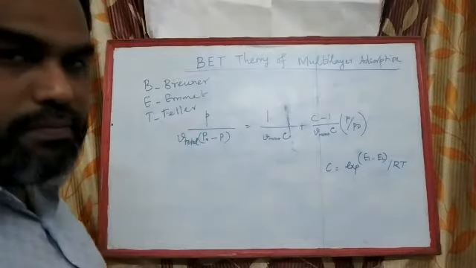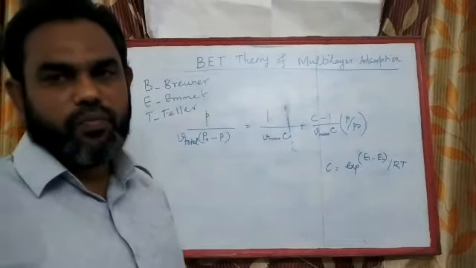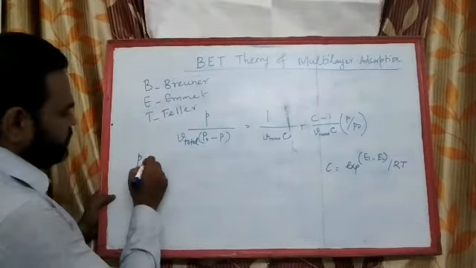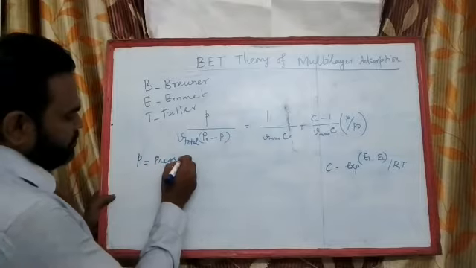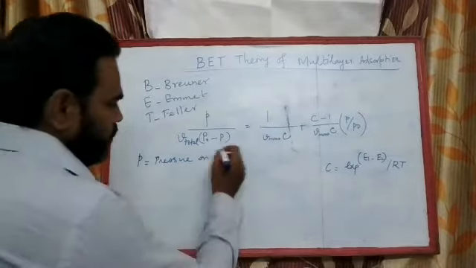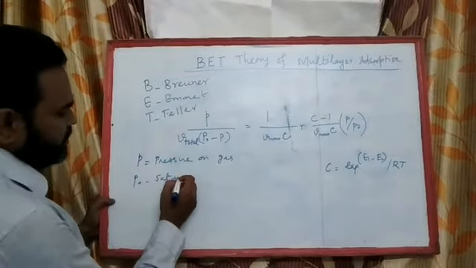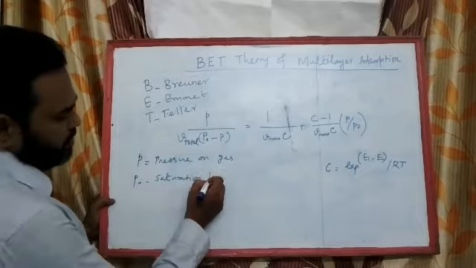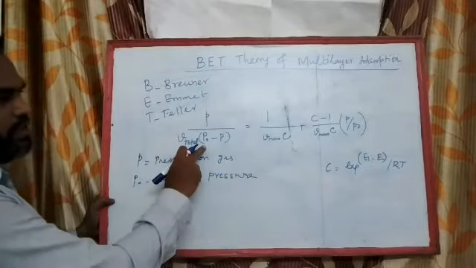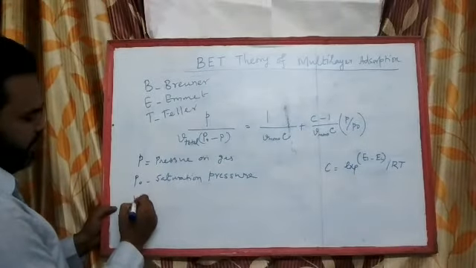P is the pressure of the gas, adsorbate gas, or vapors. P0, as you know, is the saturation pressure. We have V mono